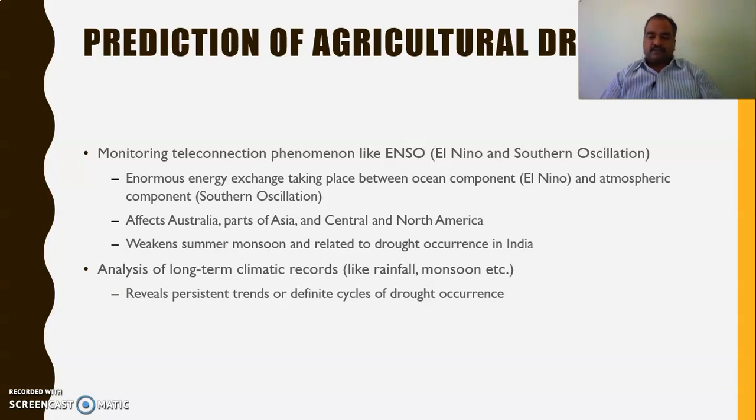So agricultural drought is predicted mainly with the help of these two factors. The first one is monitoring teleconnection phenomena like ENSO, which is a combination of both El Nino and Southern Oscillation. El Nino, as you might have heard about this word, if you carefully observe the globe, the map of